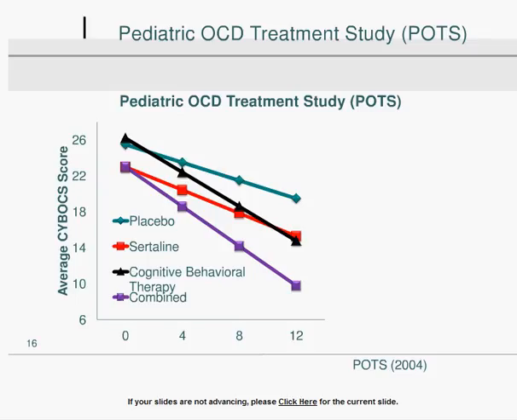And here again, the sort of greenish line is placebo. That was compared to sertraline, which is a serotonin reuptake inhibitor, compared to cognitive behavior therapy. And once again, we have the combination treatment. And once again, just like in the adult study, all of our active treatments were doing better than the placebo